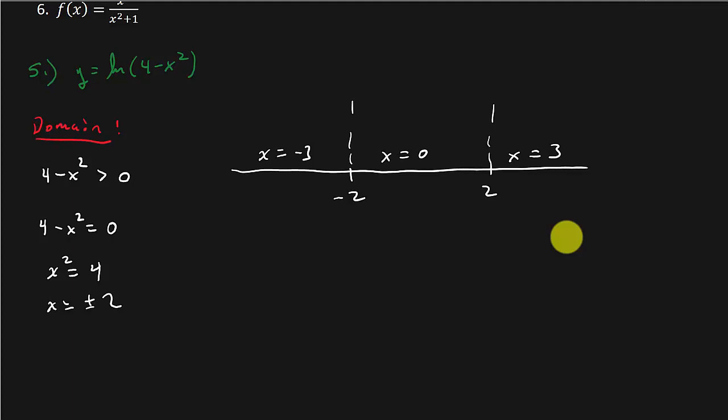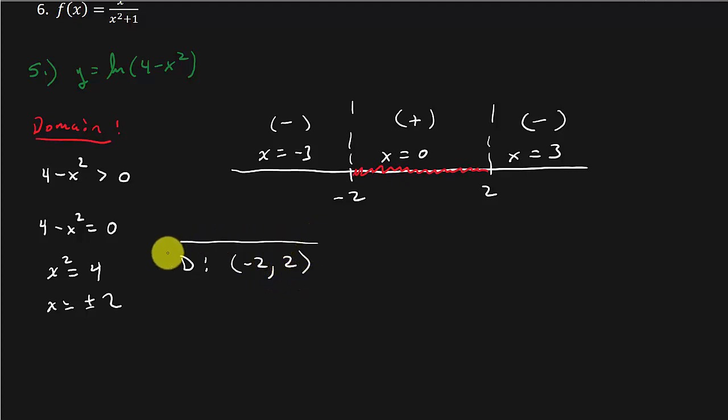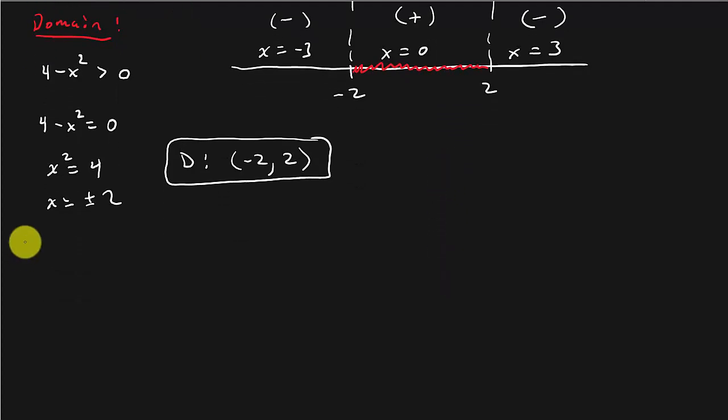All right, so we take the negative 3 and we plug it into the 4 minus x squared. Well, if I plug negative 3 into here, that's going to give me a negative, so that would be negative. If I plug the 0 into here, that would give me a positive. And if I plug the 3 in for x, that would give me a negative. So what do we want to know? We want to know, when is 4 minus x squared positive, which is right here. So our domain is negative 2 to 2. All right, so we'll circle that because that's some information we may need. All right, so there's our domain. Now let's look at